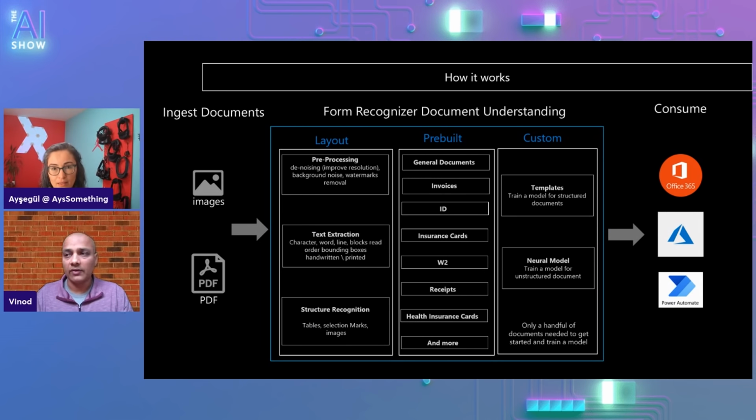And again, it's all a set of APIs. So once you have a model built, or once you have a pre-trained model that you want to use, it's really simple to connect it. For Office users, for folks who are not comfortable with writing any code, there's great ways to do this. You can use all of the Office tooling using AI Builder and things like that to integrate Form Recognizer into